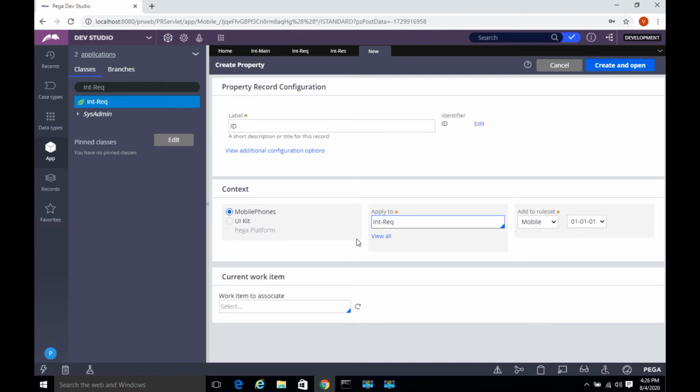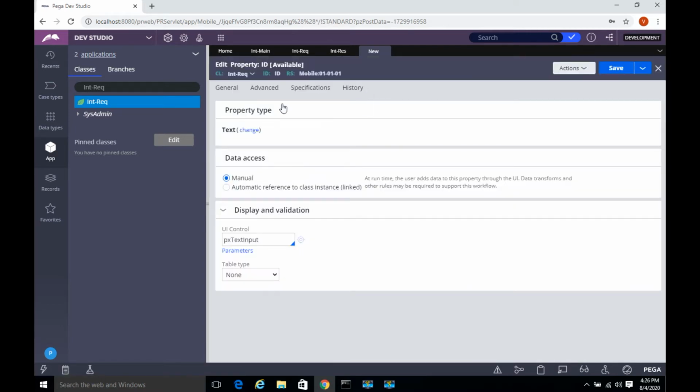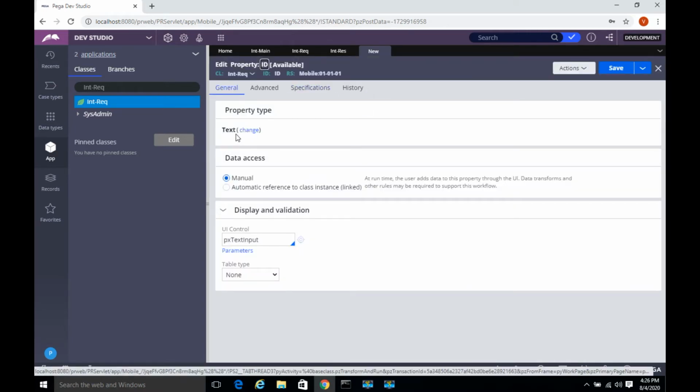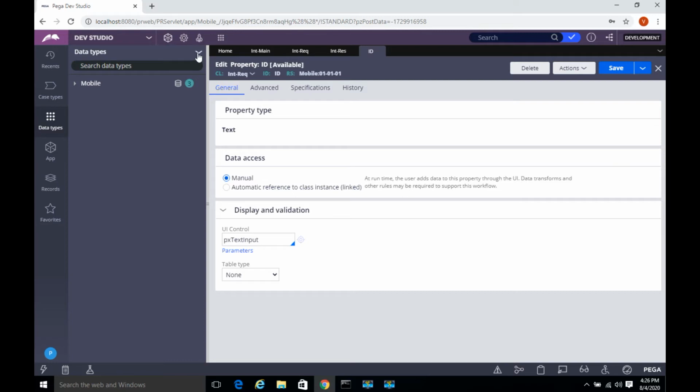After giving that, click create and open. So automatically the type of the property is text. There is no need to change the type. So click save. Now we are done with creating a text property in request class. Now you need to create a data type and configure the source and add a few records to the data type. For that, click on data type explorer, add a data type,